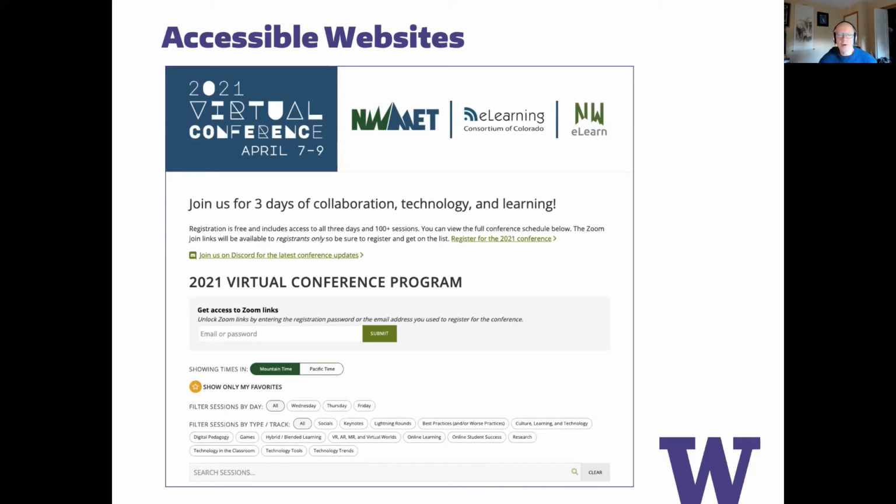Also, equally important for screen reader users is headers that I see. Probably the main heading here is 2021 Virtual Conference Program, big and bold right in the center of the page. That should be a heading level 1. And then further down, if we scroll down the page, there are clear visible section headings that should be heading level 2. And that forms an outline of the page that allows a person who's using a screen reader to understand how this page is organized and structured. And they can also jump from heading to heading to heading with, for example, the H key in their assistive technology.